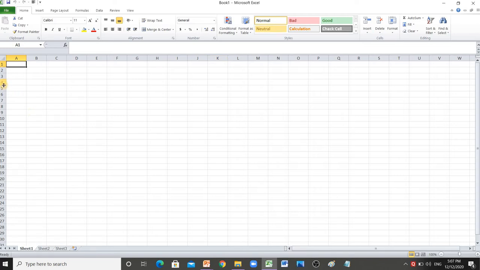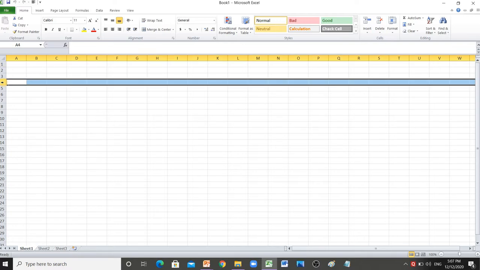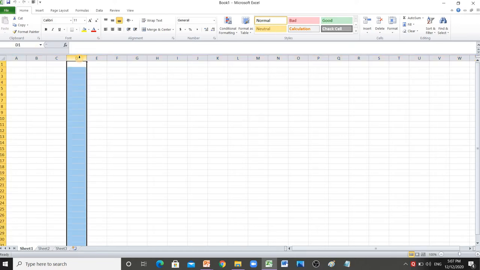Say suppose I want to select row number 4, you need to go to that row. The pointer changes into this black arrow. Simply click your left mouse button and you can see the entire row is selected. The same way, you can go on the column heading and you can select whichever column you want. Just left click your mouse button on the column heading to select the entire column.